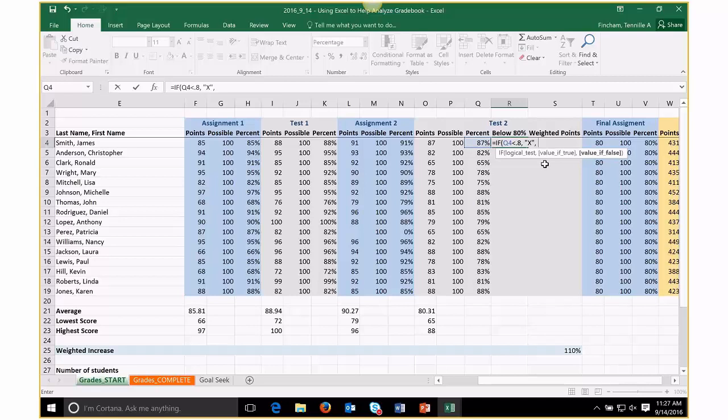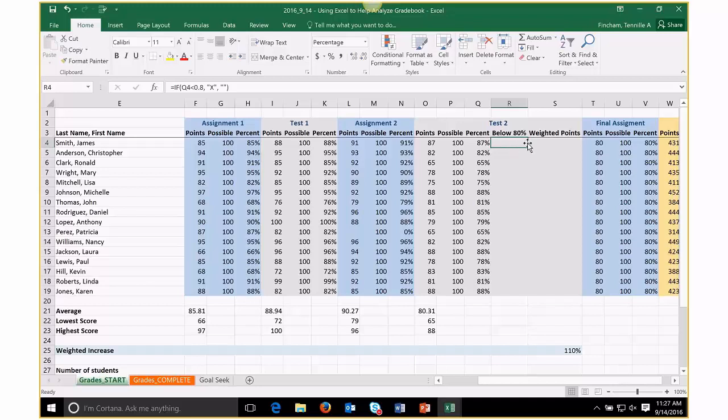In our case, I actually don't want it to say anything, so we do two quotation marks with nothing in between, and that essentially says display nothing if the logical test is false. And then I do just need to do a close parenthesis to complete the function and press enter. Now, this first one's a little bit tricky because our value is actually 87 in Q4, so we get nothing